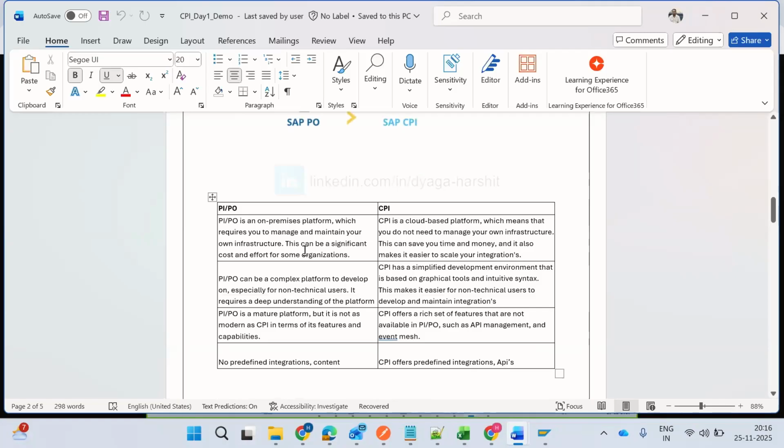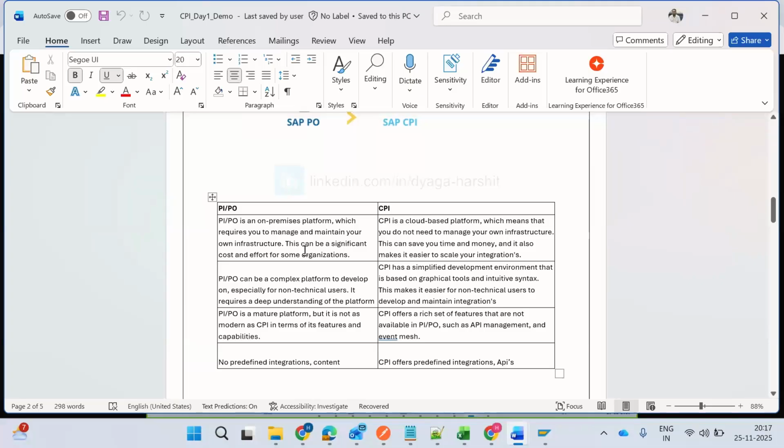So what exactly are the differences? SAP PIPO is an on-premise version. If something exists in the on-premise version, we need to take care of many things: infrastructure, security, and maintenance, and there is significant cost involved with this on-premise application. But cloud applications don't need all these things. No need to worry about the expenditure, the infrastructure, the security, the maintenance, anything. We will be paying only for the services we are utilizing, just like your